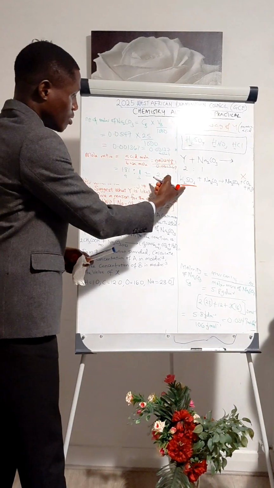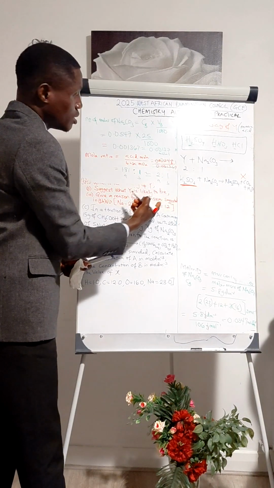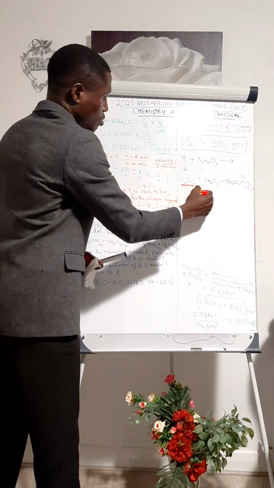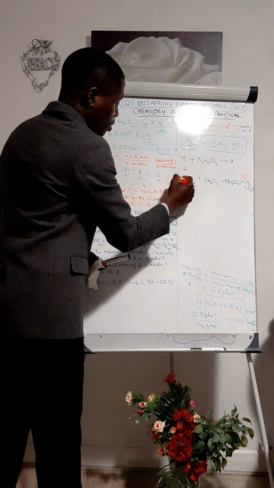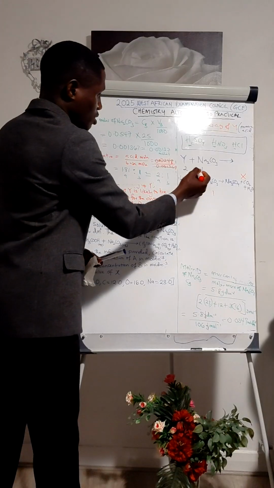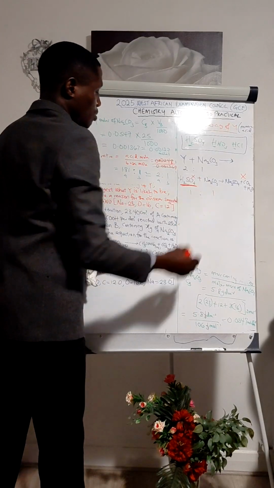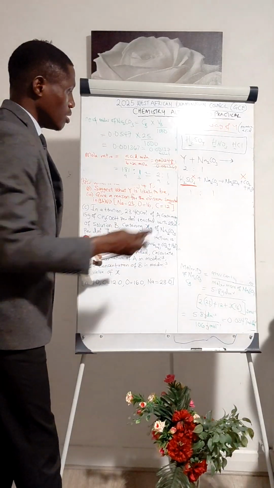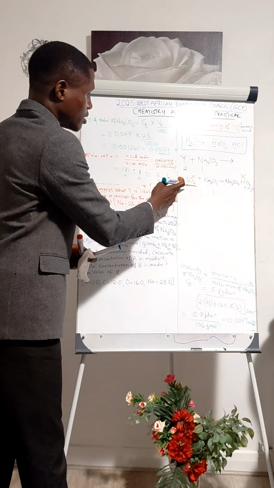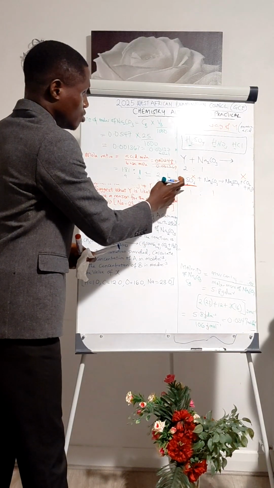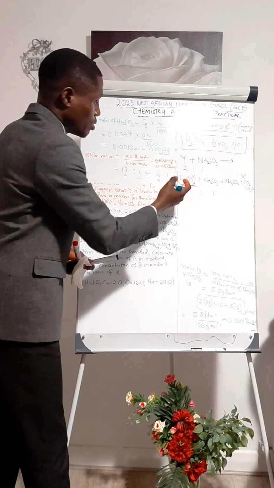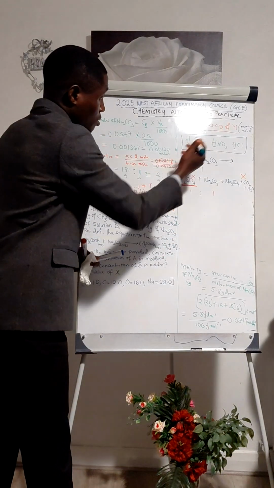So this one cannot be your Y because it does not obey 2:1. This is 1:1. The number of moles of this is 1:1. So this cannot be your acid, and the basicity of this acid is 2. Since this is not the acid, we don't need to consider the basicity. So we consider the next one, which is